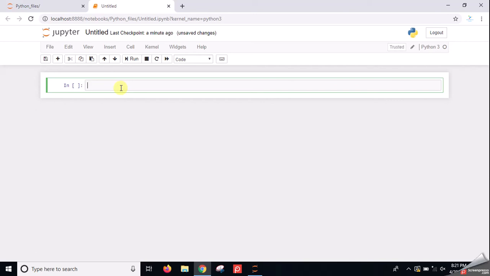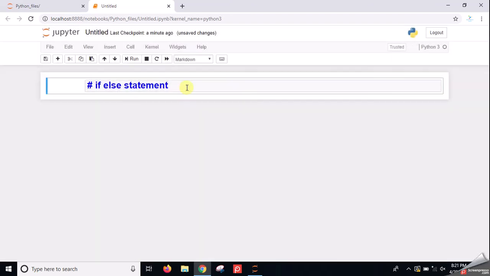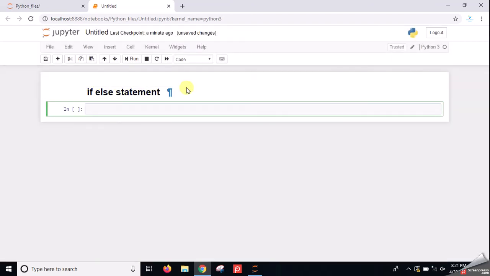So we will discuss the if then else part in conditional statements, how we can give that if else in Python, and what is the syntax of it. So let's start by doing it. First I will just print the heading, which I already told you how to print it. You just have to click in this heading and then you can execute with the hash sign and this becomes the heading. So now let's start.